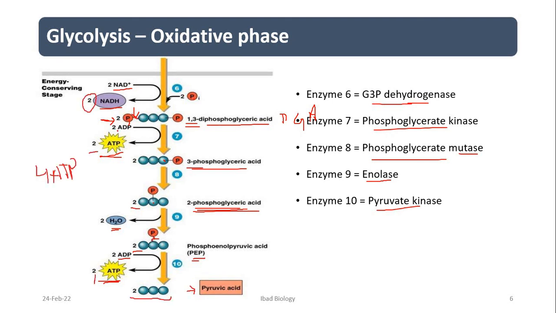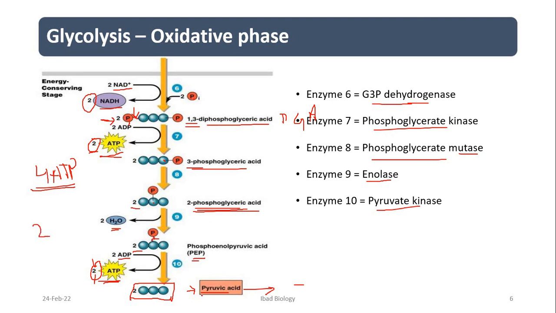So at the end of glycolysis, we have two molecules of NADH, 4 ATP molecules, 2 produced in this reaction and 2 molecules of ATP produced in this reaction, and the glucose molecule is broken down into 2 molecules of pyruvic acid. A total of 4 ATP molecules are produced in the oxidative phase, but as we know that 2 molecules are already used in the first phase, the preparatory phase of glycolysis, the net gain of energy in glycolysis is